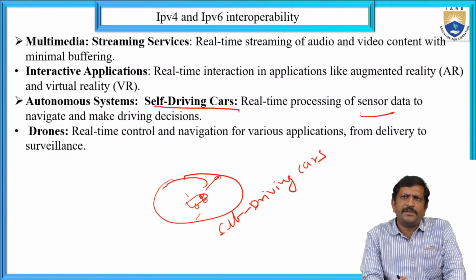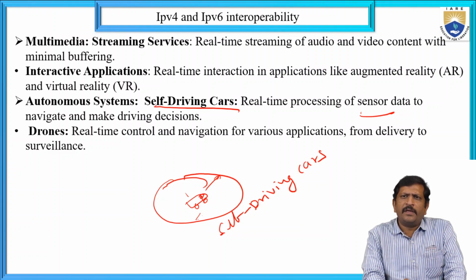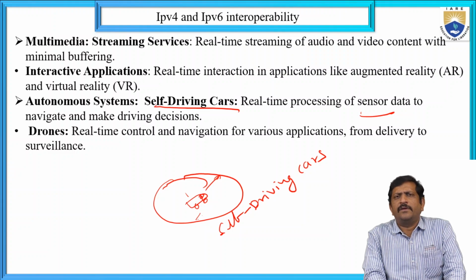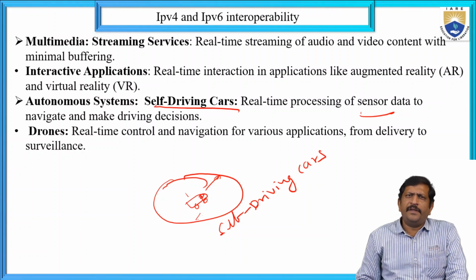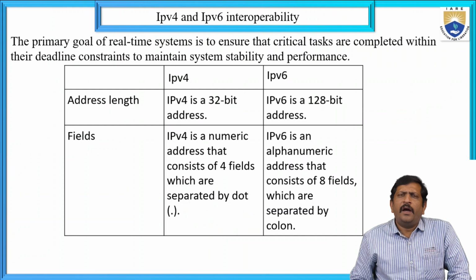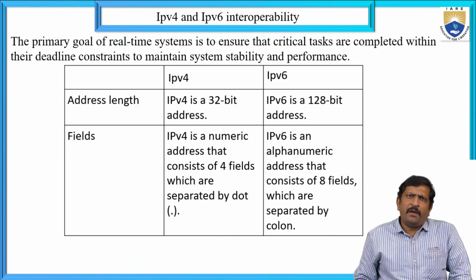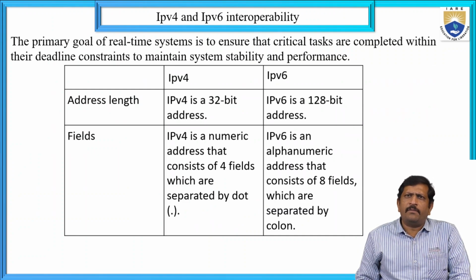With the help of the sensor devices, the car will automatically take driving decisions, integrated with artificial intelligence based techniques. And drones: real-time control of navigation for various applications from delivery to surveillance. Here it is drones. And the primary goal of a real-time system